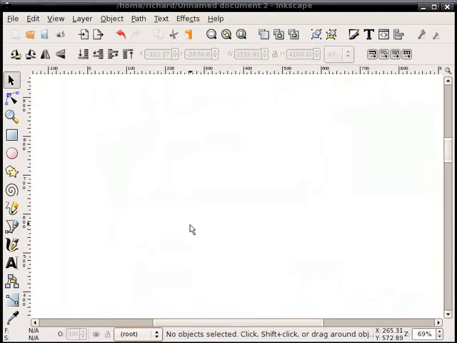In this screencast, I'm going to demonstrate something called a perspective effect in Inkscape. I'm not sure exactly which versions have the effect. I know the latest ones do. I'm not sure when it was introduced, but I also know there are some people who have problems using it,